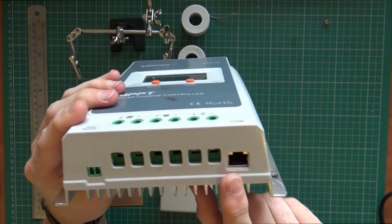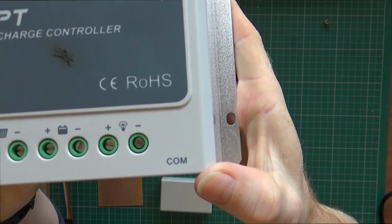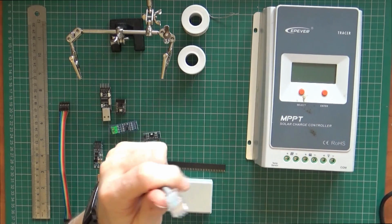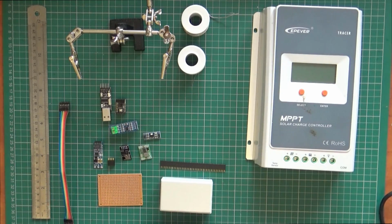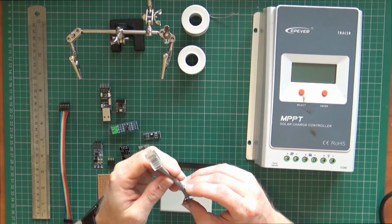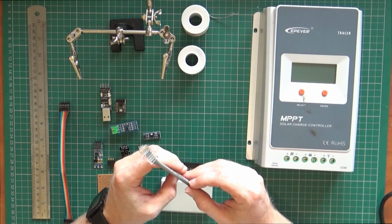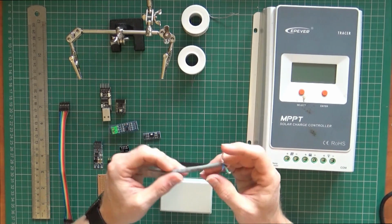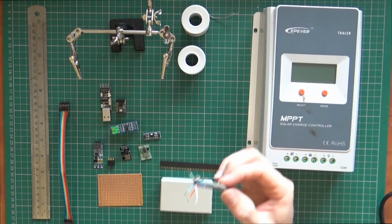One of the things I do like about this is, as well as the usual array of connections, it's got what they refer to as a COM port. That COM port is an RJ45 style connector. It's actually RS485, which means there's an RX and a TX, A plus, B plus they're referred to as. So that's no problem, you can get a cable like this, just basically cut the end off a cable,